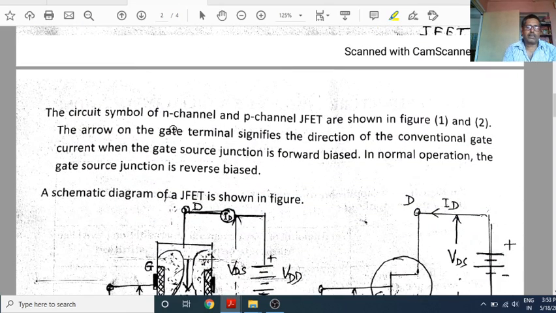Now circuit symbol of N channel, P channel JFET are shown in figure. The arrow on the gate terminal signifies the direction of the conventional gate current when the gate source junction is forward bias.